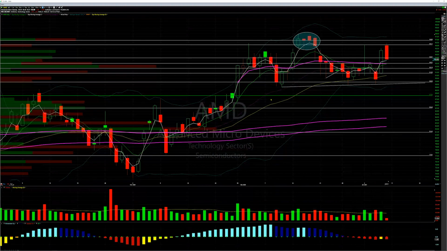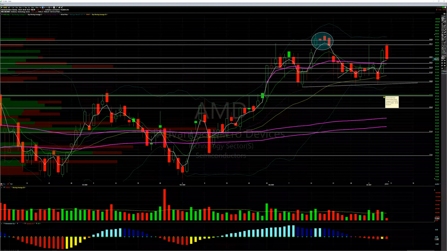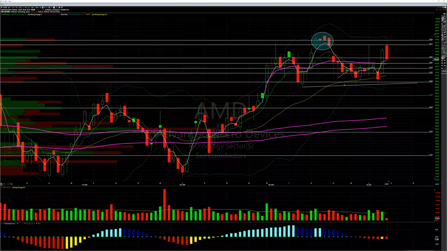So if AMD were to break down to this level, what does that mean? That means we have to chew through all these people, right? We're gonna have to chew through. So what does that mean? We're gonna have to get some legs. And by getting legs, we're gonna have to get some volume profile bars in here built up to chew through